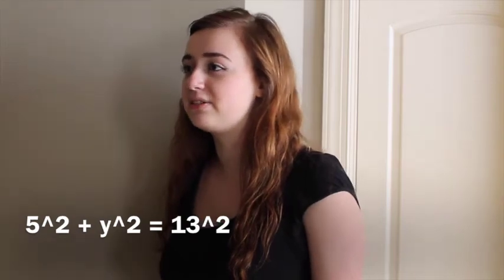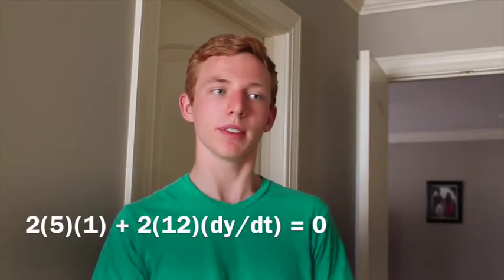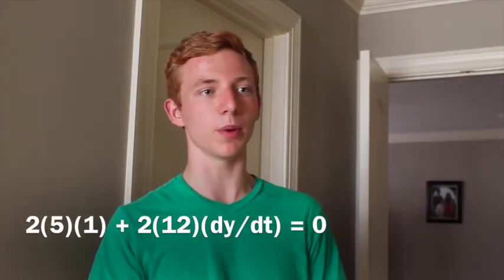5 squared plus y squared equals 13 squared, so y is 12 feet. So when we plug these numbers into the derivative, we get 2 times 5 times 1 plus 2 times 12 times dy/dt equals 0. Now we have to isolate dy/dt, which is the rate at which the ladder is falling. dy/dt is falling at a rate of 5 over 12 feet per second. This means we have to run under it